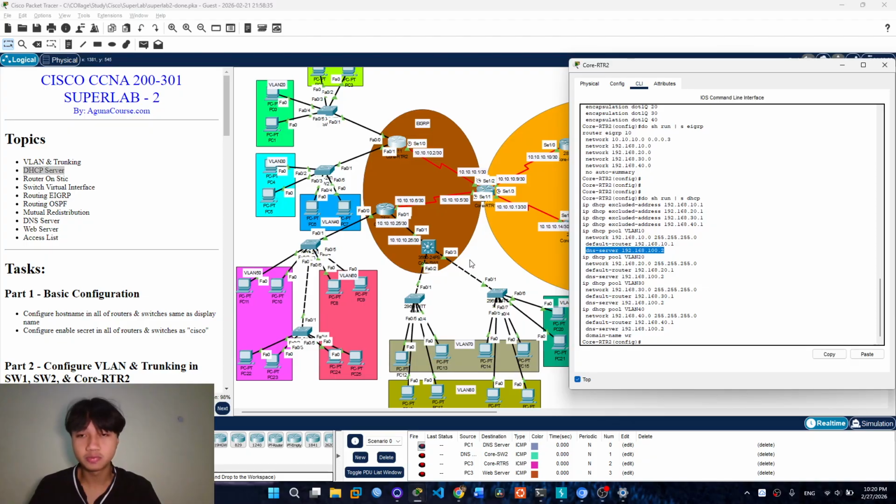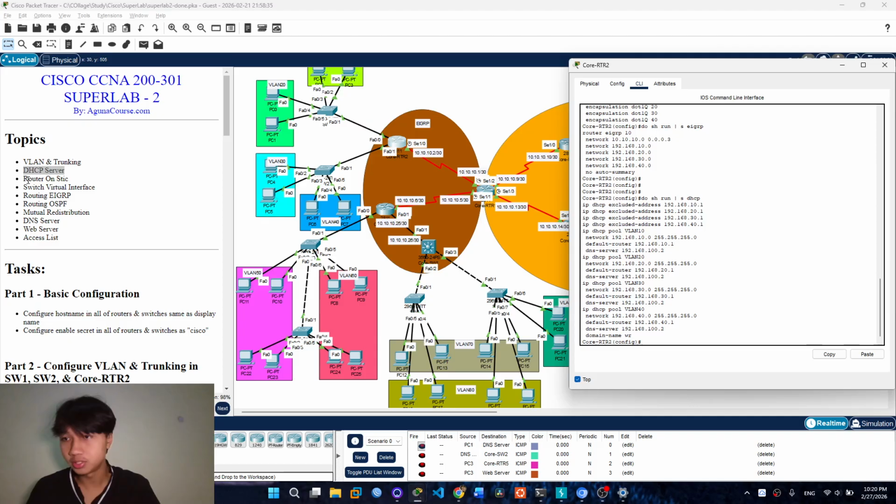So DNS serves to translate from the IP address to a name. For example, we have 8.8.8.8, which means that IP address is from Google. So if you want to access Google, you can type google.com.